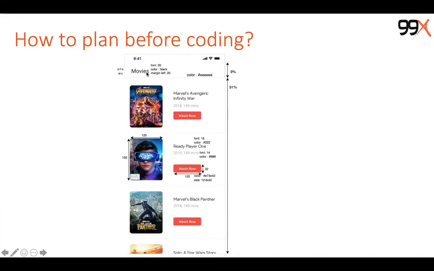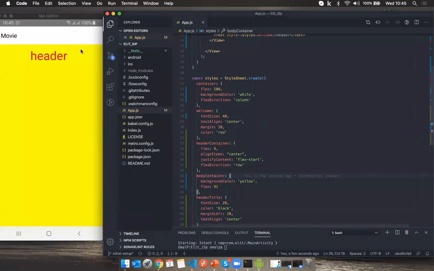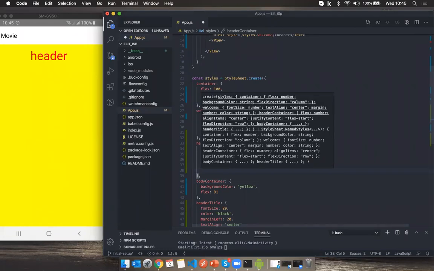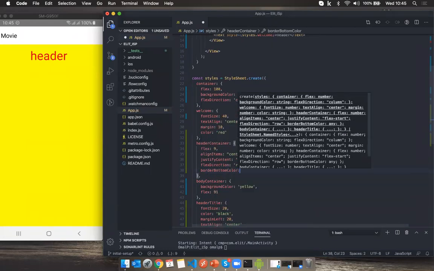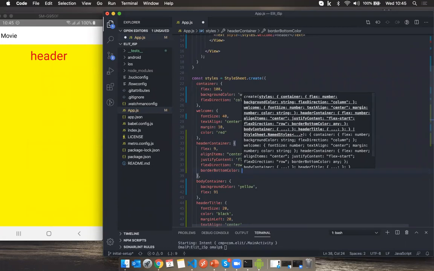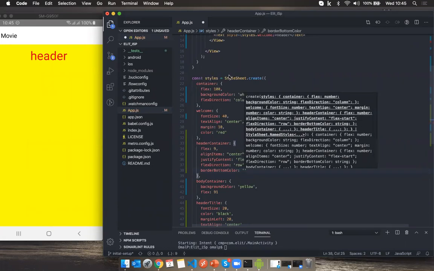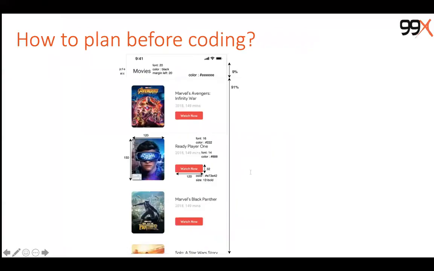So, okay, I forgot one thing to add. We have to add a bottom border. So, bottom border we should add to this large header view that we created. So, header container, we go and add border bottom color. The color is given here. It's something gray,